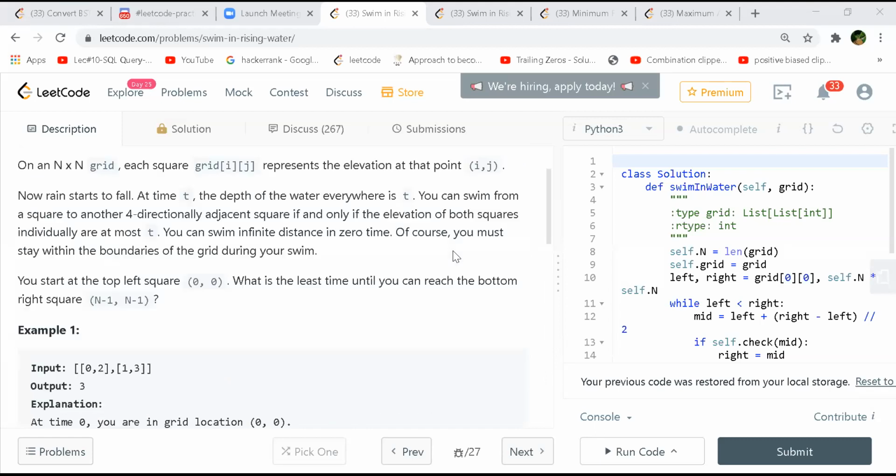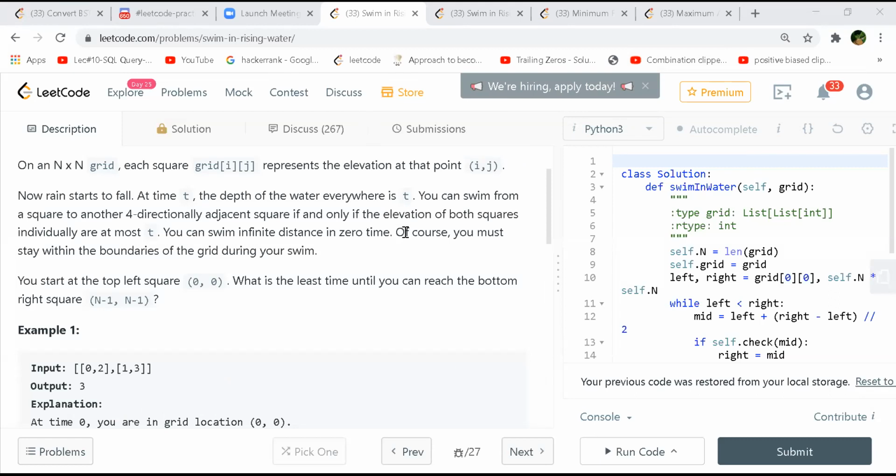So what should be the brute force here? Explore each cell, or what? Whenever you find any elevation, wait that much time so that your smaller cell gets filled up to that level, and then you can swim.